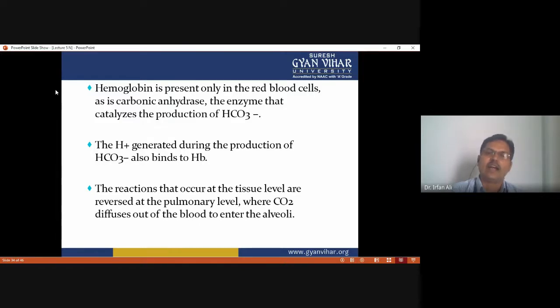Here is carbonic anhydrase, the enzyme that catalyzes the production of bicarbonate ion. And the hydrogen ion generated during the production of bicarbonate ion also binds to hemoglobin, and the reactions that occur at the tissue level are reversed at the pulmonary level, where carbon dioxide diffuses out of the blood to enter the alveoli. Okay,